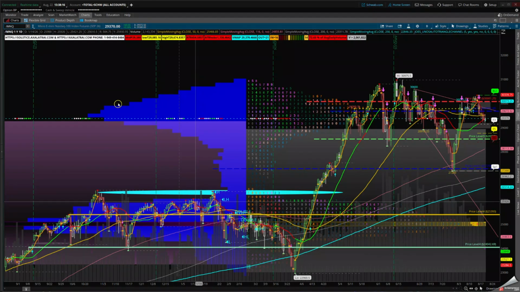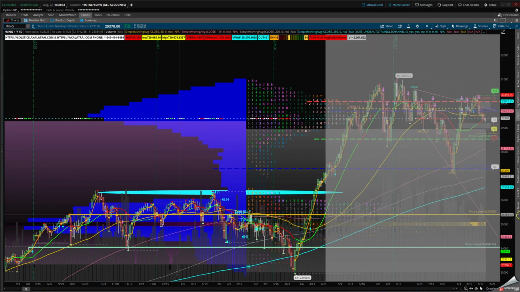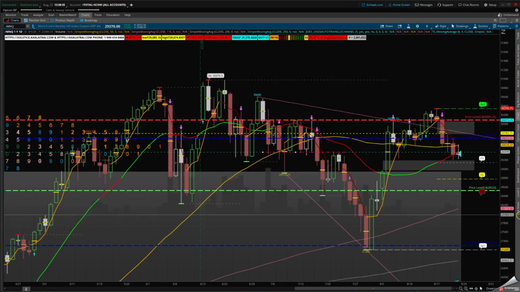So we can see this one is clear where the point of control is, where most volume happened in this area. I am paying attention, if I zoom it in, this was last month's value area high, point of control and value area low on the charts, on the last month monkey bars. So if I zoom in, this is basically telling you where we are.